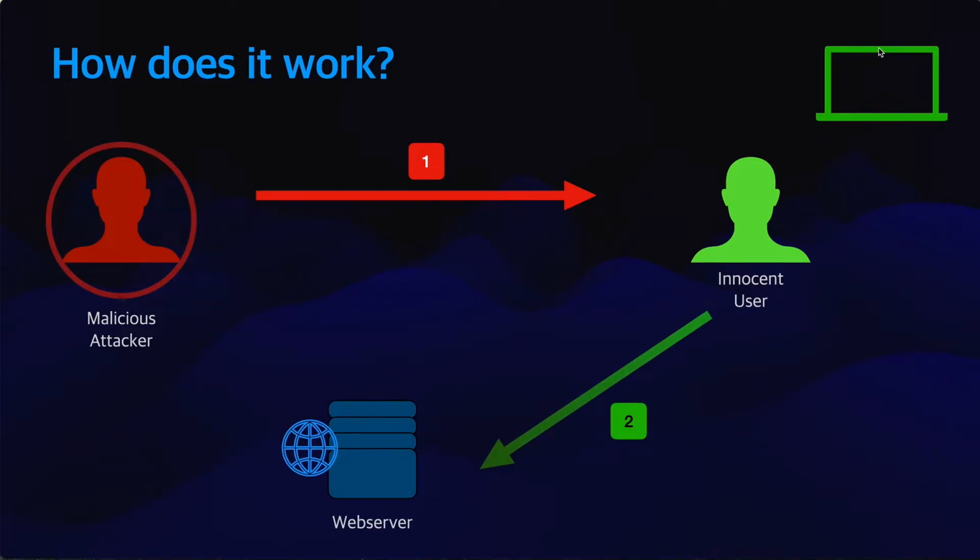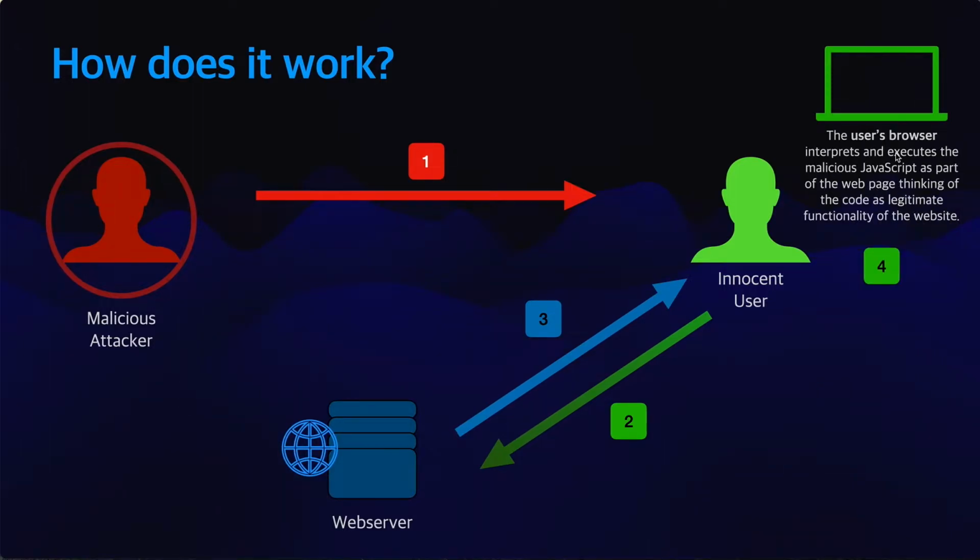And the browser would try to send a request to that site where the URL was pointing to, which was this web server. The web server would take the request and process it, and without knowing anything about cross-site scripting, would just do what it was told to do, and then send the response back to the user's browser, where the browser would actually interpret and execute the malicious JavaScript that was sent as part of the web page, thinking the code is a legitimate functionality of the website,